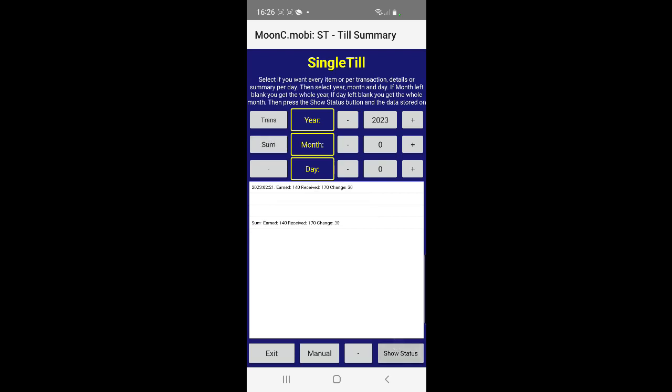And you can do in sum, which basically gives you the sum for the day. And obviously, if you had more days, you would get more lines. It also shows how much you received, how much you earned, and how much change you gave.